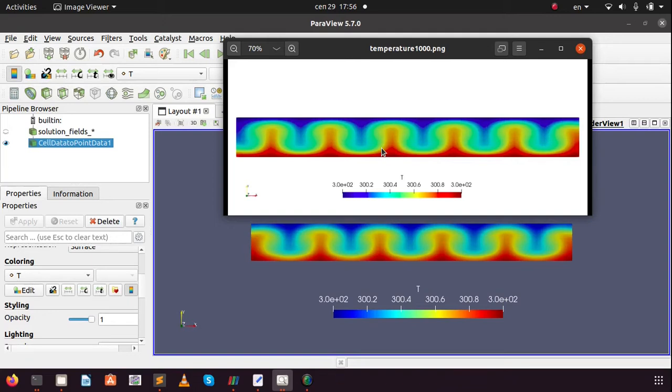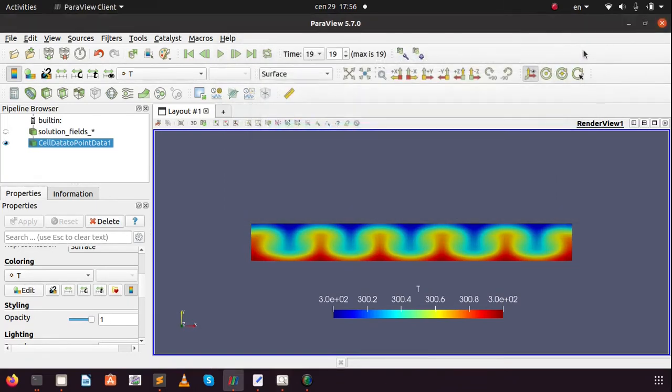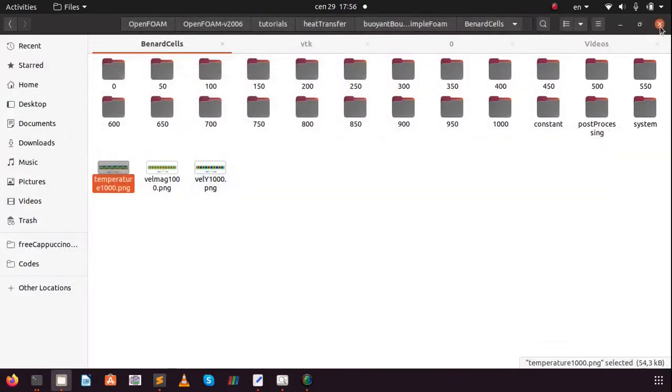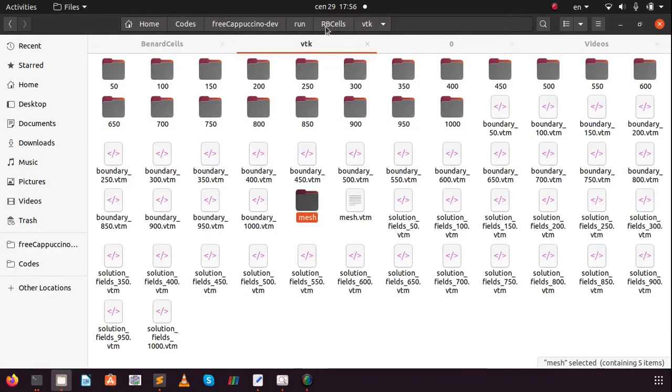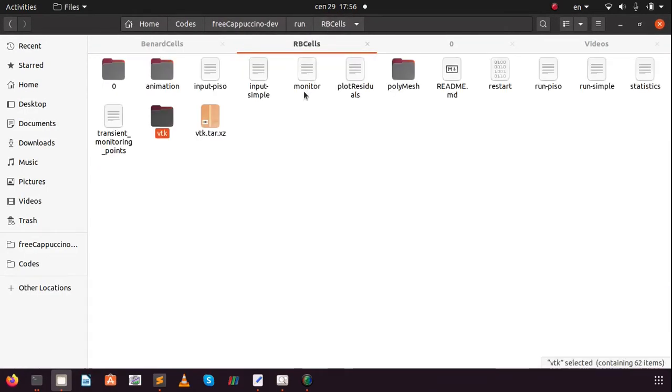So this case is sensitive to the data, so no wonder there is slight difference here. Now let us move to other thing. As I said, by changing certain parameters, here we used something that would be equivalent to buoyant Boussinesque simple foam, except that in freeCappuccino we can use it also in